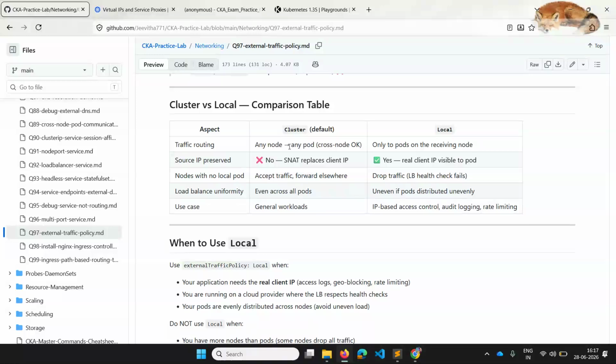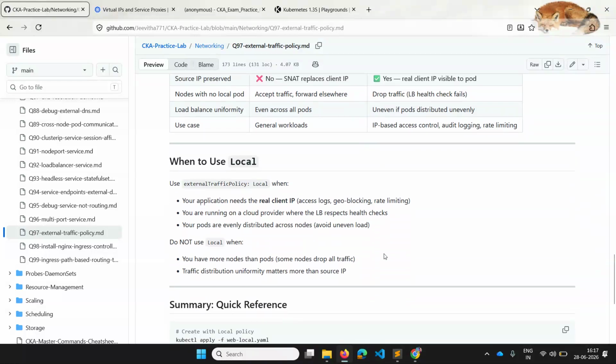And the load balancer distributes evenly across all nodes. So you can use the local traffic policy in certain applications, like accessing the logs of that particular local node. In such cases you don't want to see logs of other nodes, right?